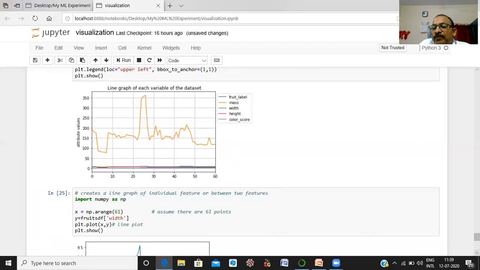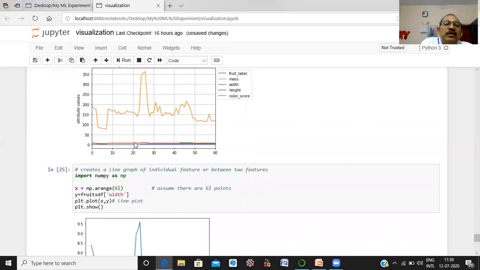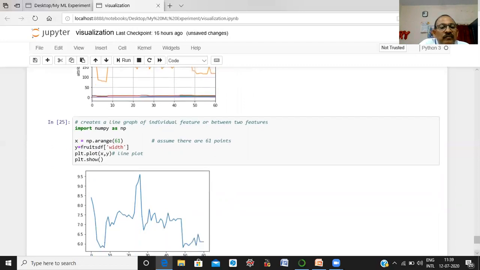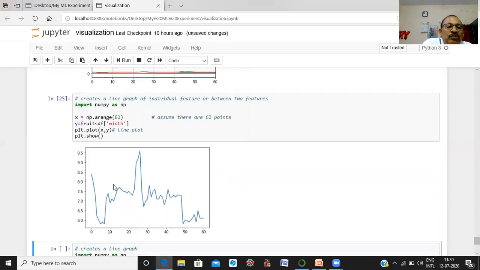This is the way. Here you can see, we draw a line for all variables at a time with the help of the data frame. This graph shows how the values of the width vary from 1 to 61 points.